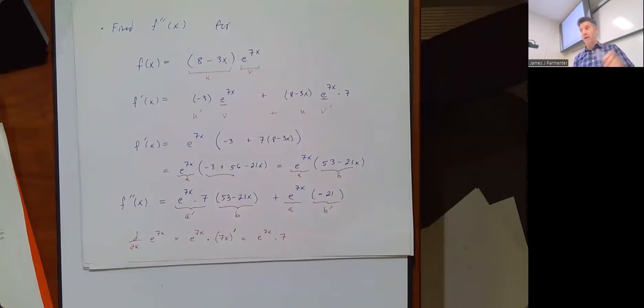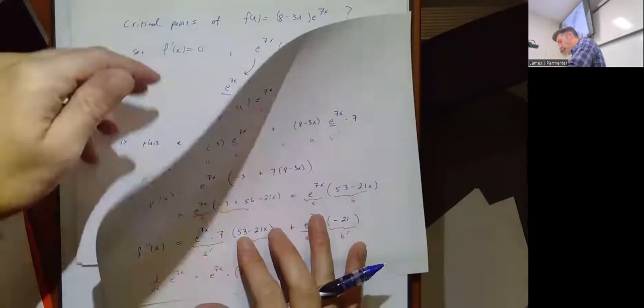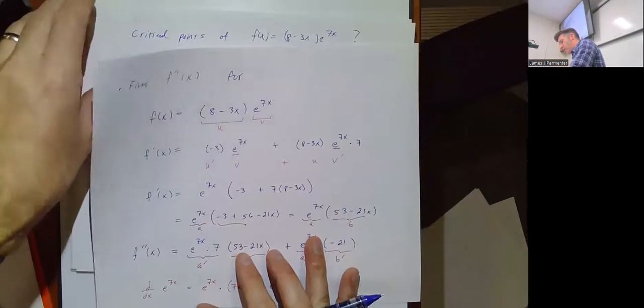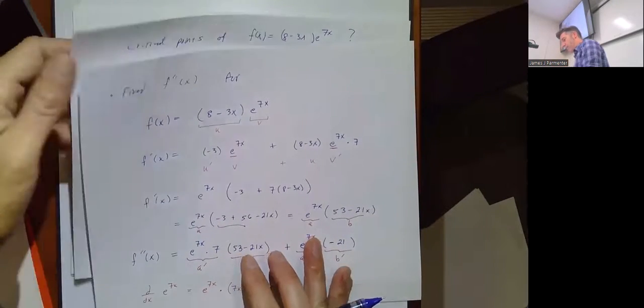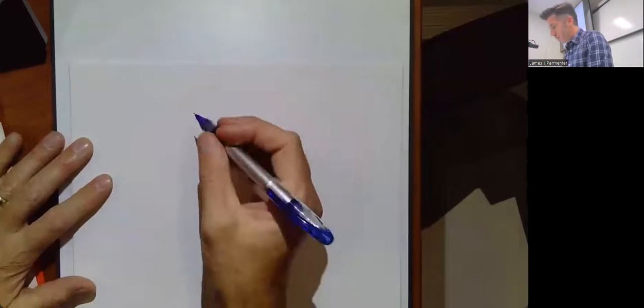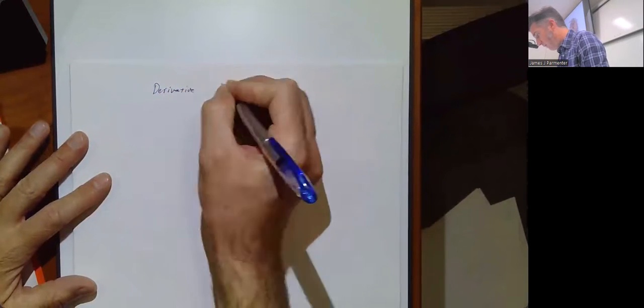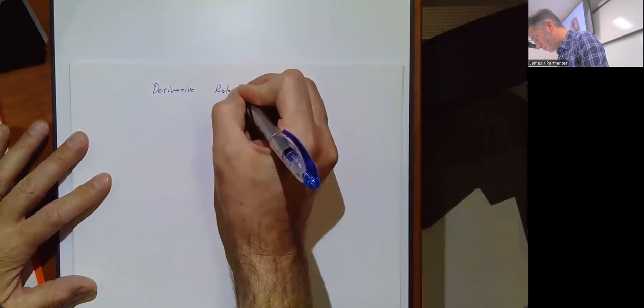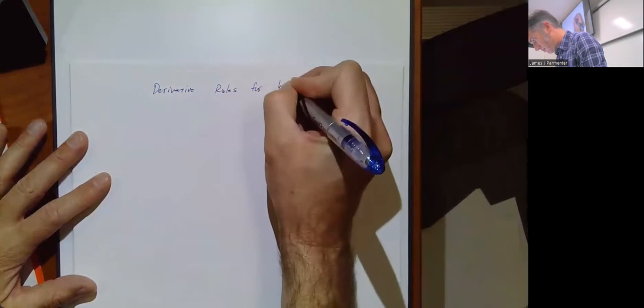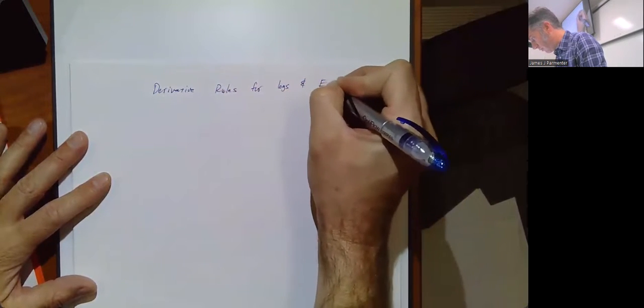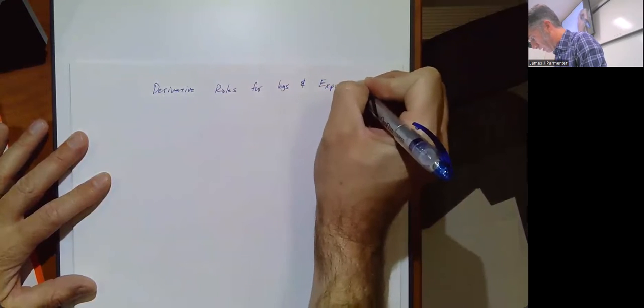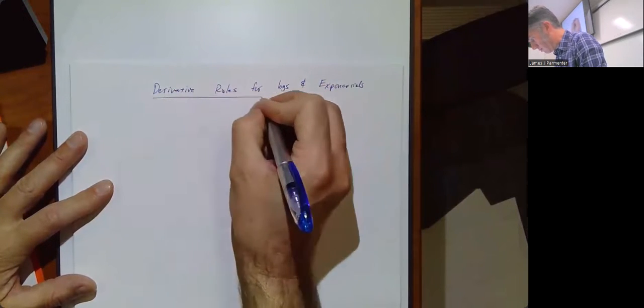Actually, I know what I want to do next. I'm certainly happy to address another homework question if you all want. But before I do that, let me do a quick recap of the derivative rules that we've talked about regarding logs and exponentials. I have like 4 versions of each rule, which I know sounds kind of annoying, but it's not. I mean, it is, but you know. Okay.